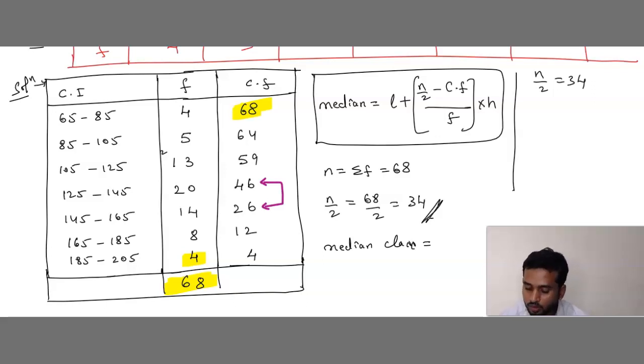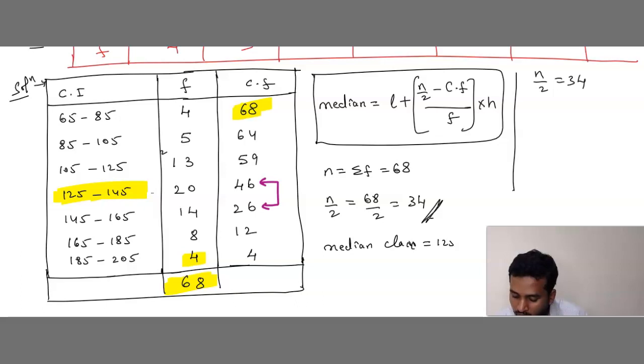Very simple. What we have to do is, of these, which is the bigger number? 46 is bigger, right? Just a minute, be careful. You understood the table, no? Till this table, it is common for the ogive curve. Even for the ogive curve, this table is the same. For more than type, take this table and plot the values. For less than type, make the table as I have shown and plot the values. Understood? So the median class is at the bigger number, 46. In 46, what is the class interval? Are you getting it, children?